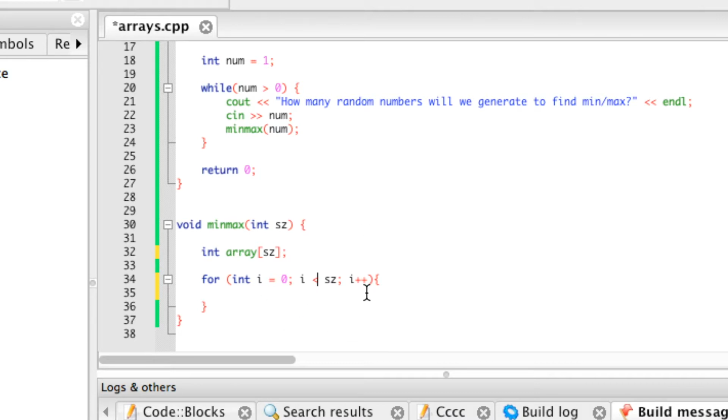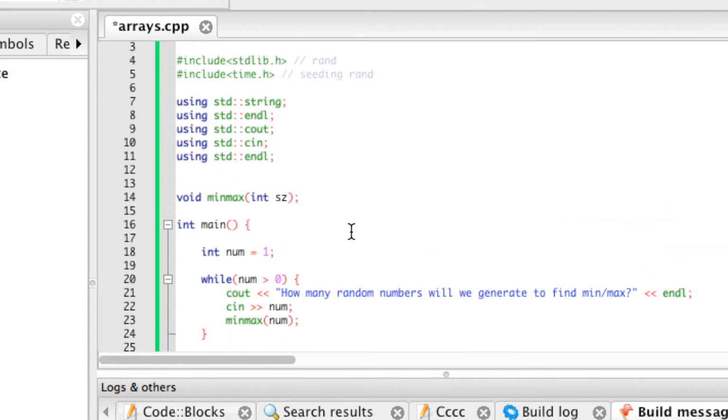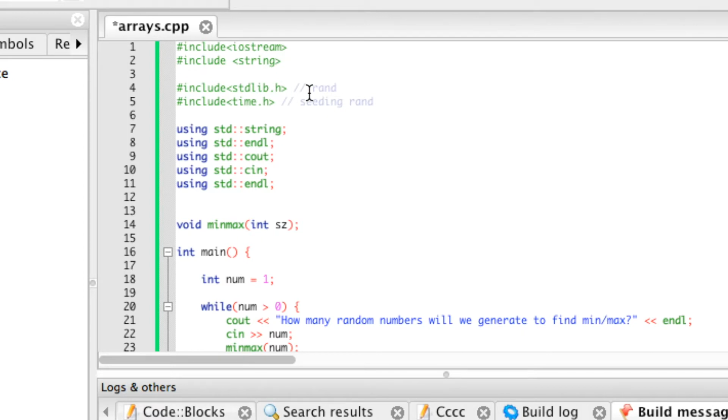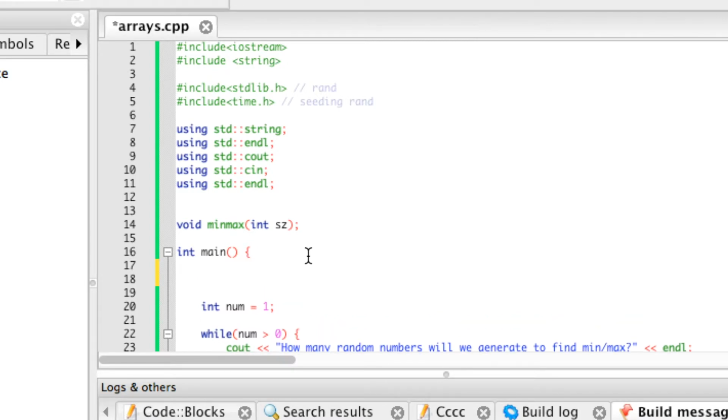And so with our for loop we need to get some random numbers, and to do that we need to access some new libraries. Now we need to include these two libraries in order to access rand as well as time, so we can do what's called seed rand, which basically chooses a random number based on the clock at the time of you running the program. So how you seed rand, that's like seed like you're growing a plant or a tree, you would type in srand